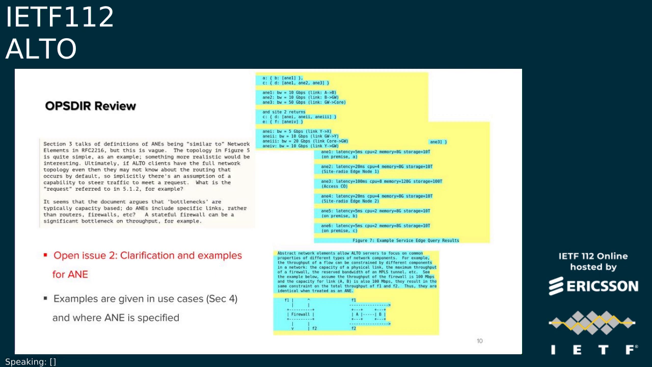And for the second open issue, basically the reviewer asks for clarification examples for abstract network element. So first, we give some examples in the use case section, and also when we specify the meaning of abstract network element, we put another example there to show that different objects, if they have the same property, then they will be treated as equivalent abstract network elements,